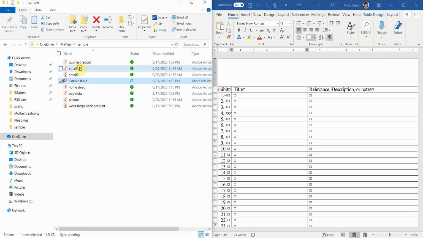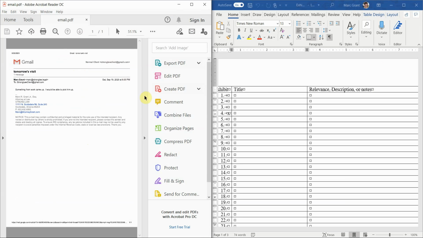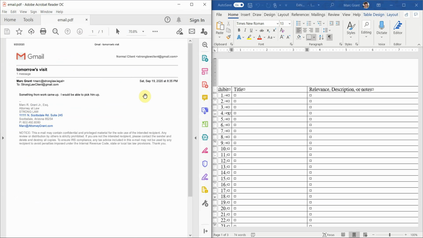So let's start with the document that I've just titled email so far. Now, the first thing that we're going to want to do in our exhibit table is give it a nice, simple title so that it can be easily recognized. Now, this one that the file is titled email, I'm going to give it a little more description in the title. So in my exhibit sheet, I'm going to title it